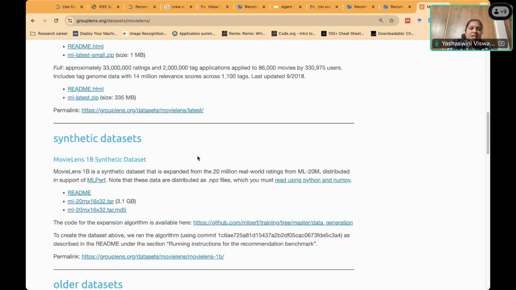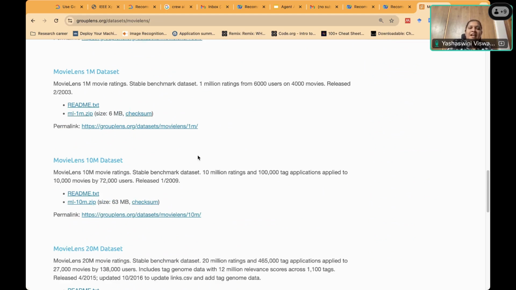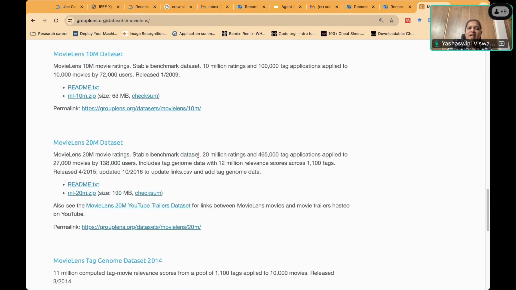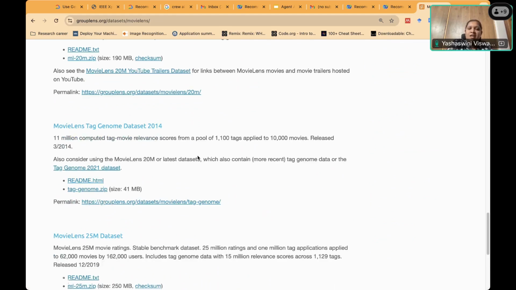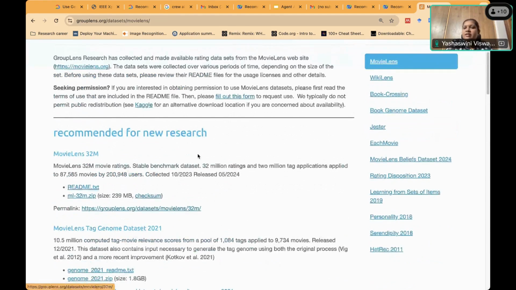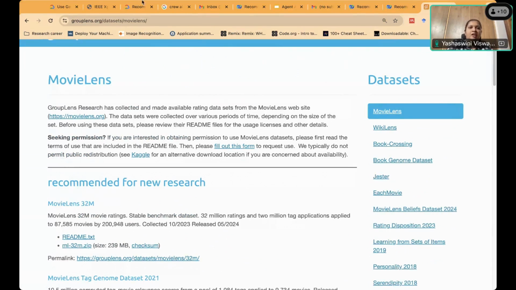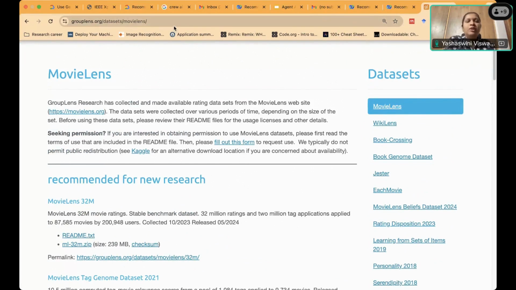There is the synthetic data set. There's an older data set, which is used in many of the research papers. There's a 10M, 20M data set. There's a tag genome data set, 25M data set. The reason why this is important is already told here. And by using this data set, we will create a recommender system.